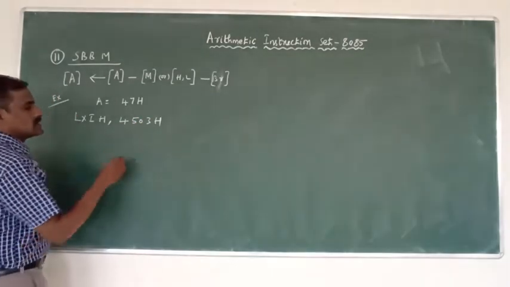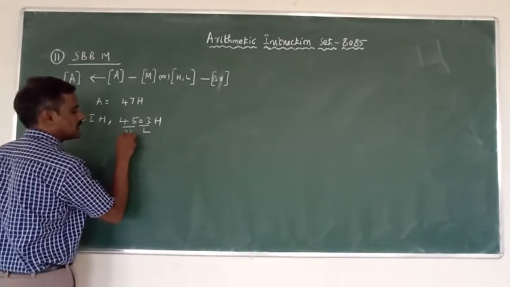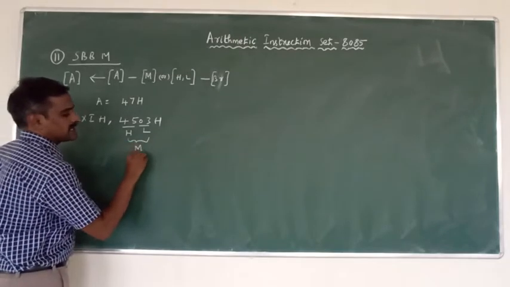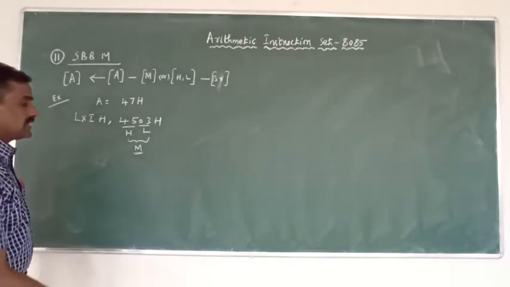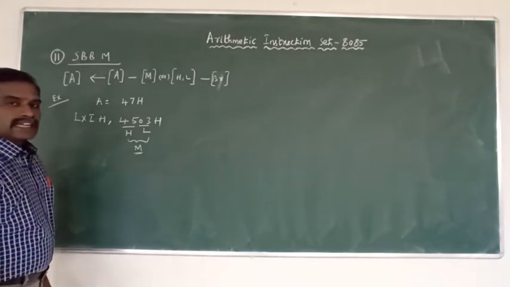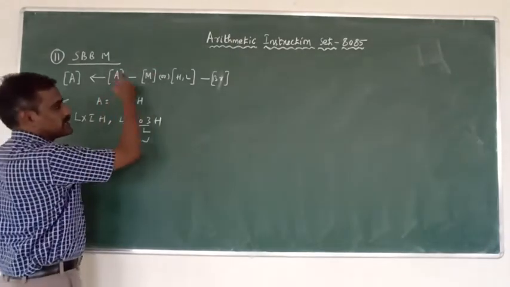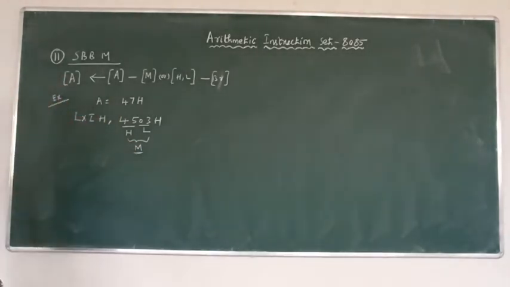4503H. This is for loading in the L register and this is for loading in the H register. These two represent the memory address. In this address location, some 8-bit data will be there. That 8-bit data you have to subtract from the accumulator with borrow status, and the result moves to the accumulator.